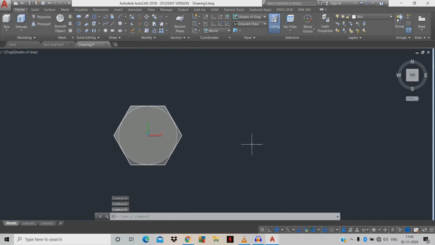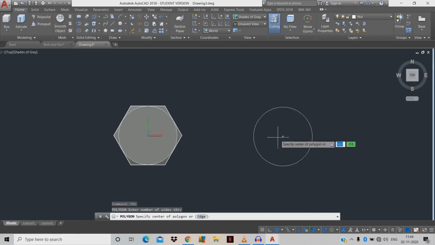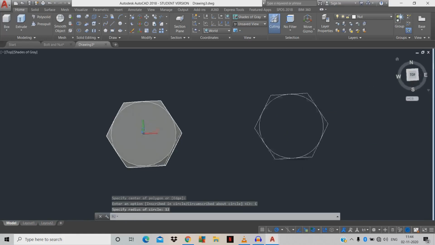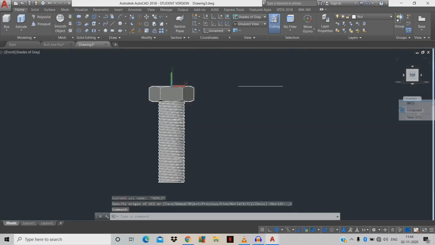Okay, now we're going to draw a circle. In this, for example, if you're going to design a bolt and nut, the diameter of the bolt head will be equal to the nut size. Okay, so C space, left click the circle, we're going to give radius 12, polygon, 6 faces, click the center point, about circle, radius 12. Okay, home screen, same front view, change to XY axis, change this one to parallel.